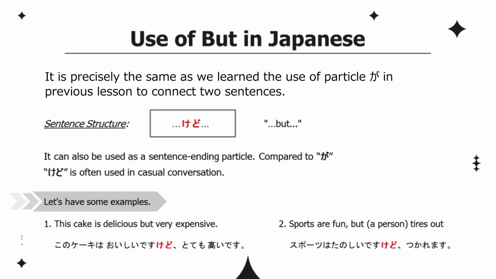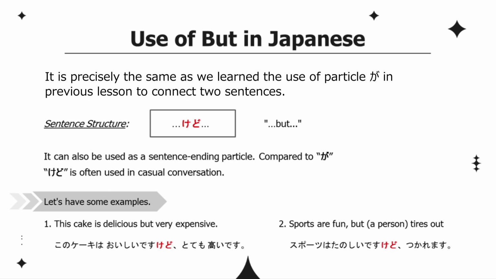It can also be used as a sentence ending particle. Compared to ga, kedo is often used in casual conversation. It is mainly used with elemental forms. Let's try to create more sentences. This cake is delicious but very expensive. このケーキは美味しいですけれど、とても高いです。